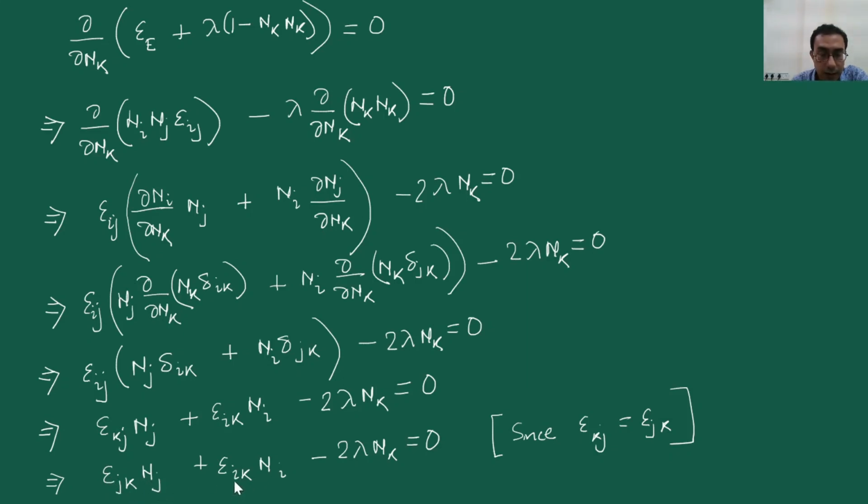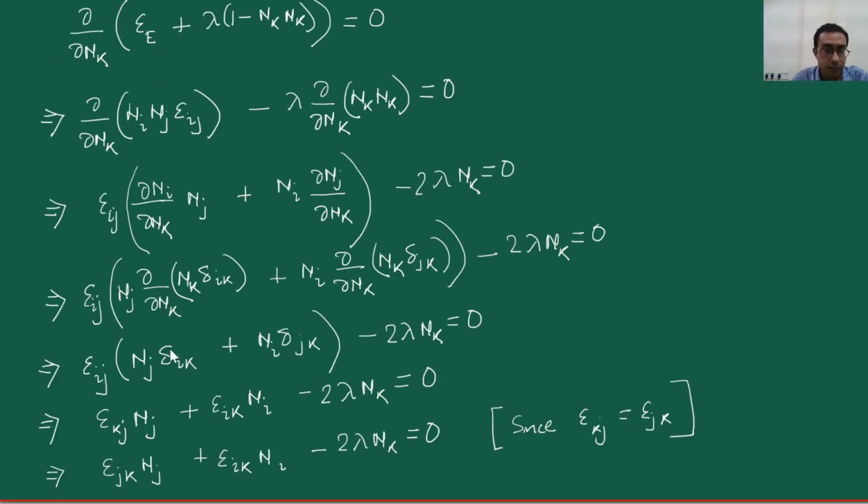Similarly, in the second term, I have this i as repeated, and because it is repeated, it is a dummy index, so I can replace the i again by p. I am very much free to do so. So again, this one will also become epsilon pk np. So here also I have epsilon pk np, here also I have epsilon pk np. So in the next page, I can write this as epsilon pk np, sorry, this should be np